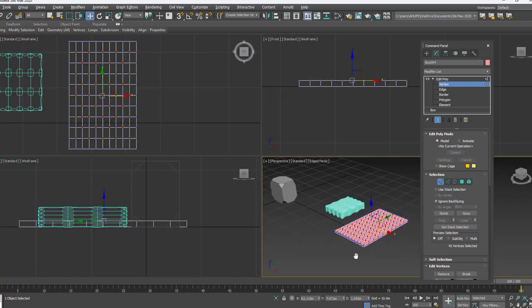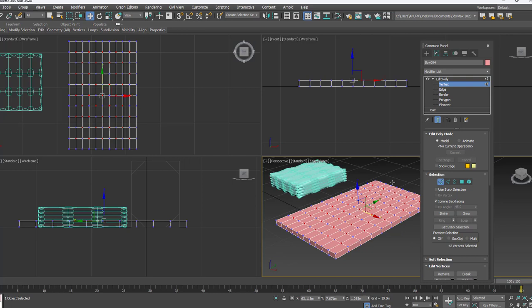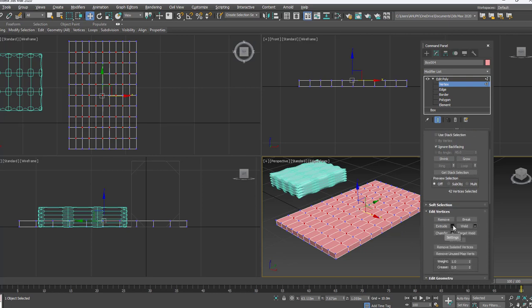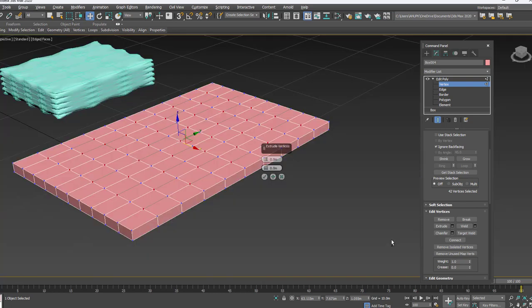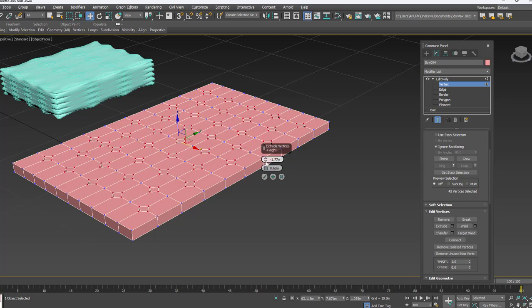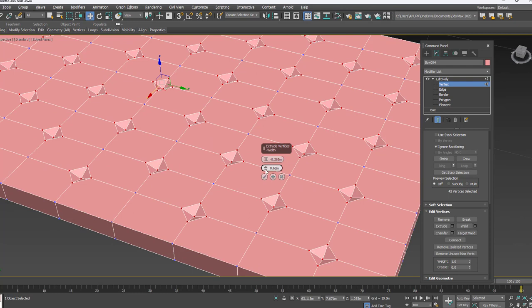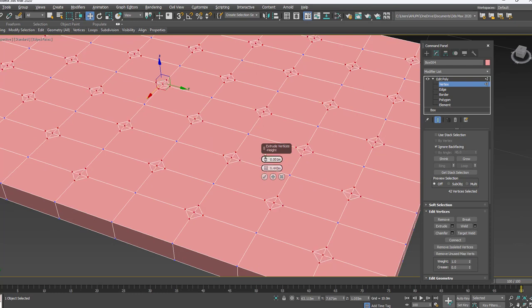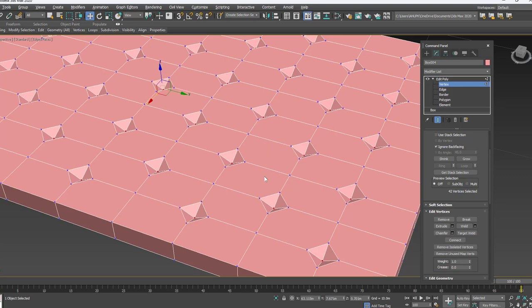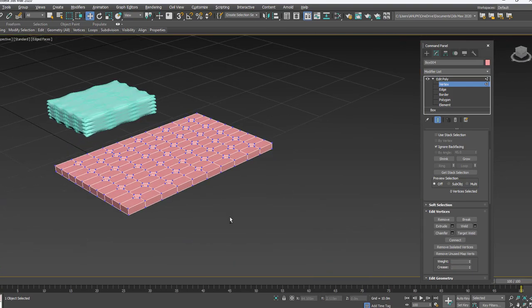Like this way I selected the edges. For this I want to apply the extrude. Scroll down, apply the extrude amount. Alt W. Like this way. Just pulling down a little to get the depth. Just a little amount I am pushing down, and this is the area I want to cover and then finish.